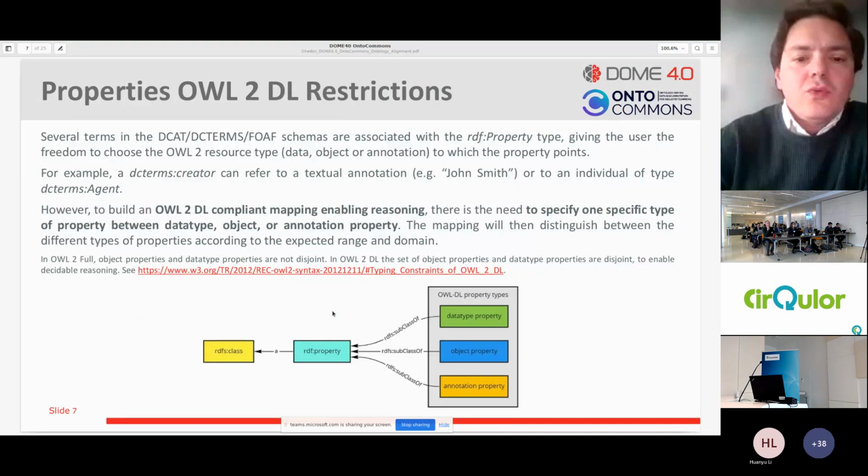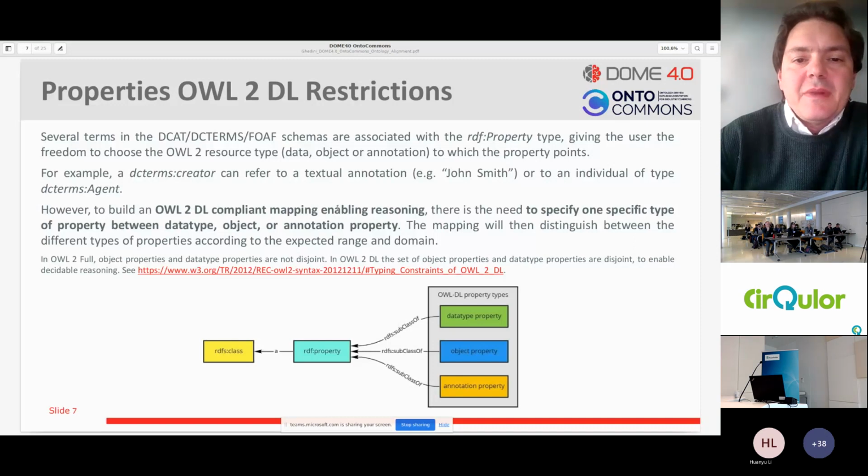So when you want to do something like that, moving from RDF to OWL, it happens that you have RDF property types that are representing the relations between the entities. So for example, you can relate the creator to a dataset using, for example, a textual annotation or an individual.